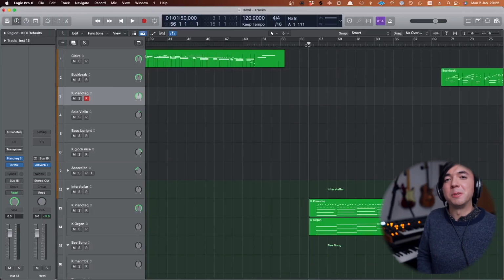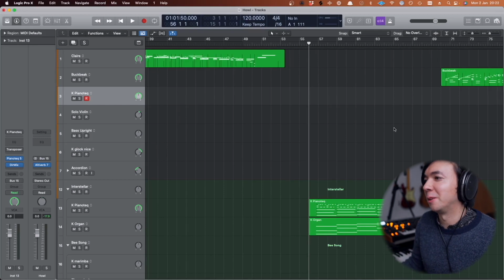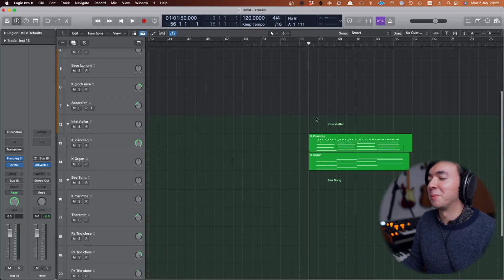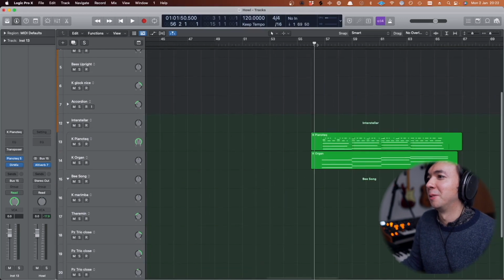The next musical example is by the contemporary film score composer Hans Zimmer. It's from Interstellar. Let's have a quick listen again to my just scratch arrangement for the purposes of this tutorial.